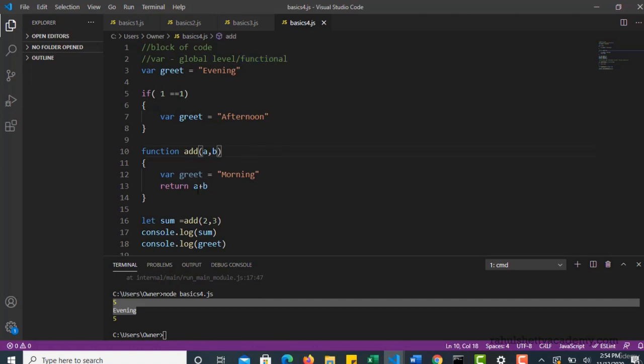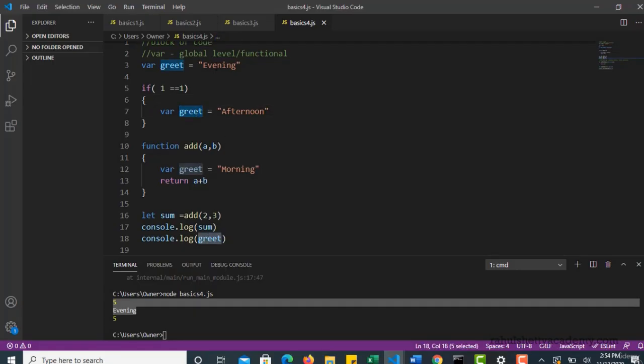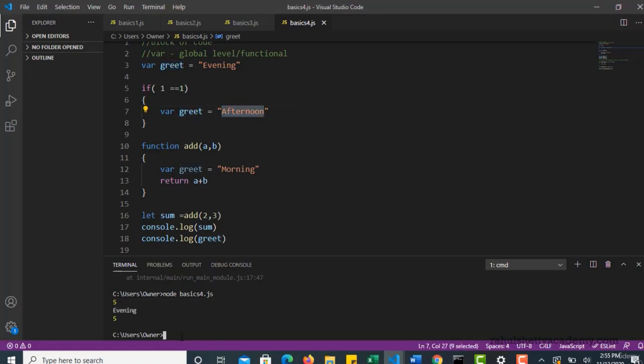So that means if you don't write that in function level, then it is applied in global, right? You declared greet here, but is this greet inside the function? No. So that means this is global. When you print this, it would start with evening, but you are replacing it with afternoon. Let's see. You see that? So this is what